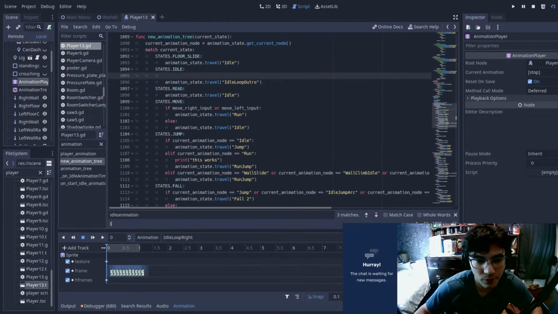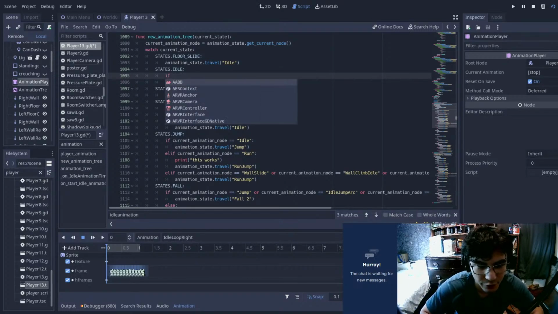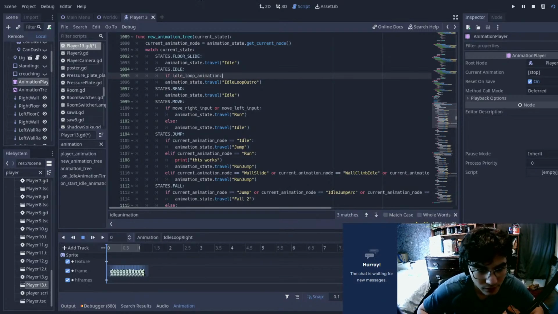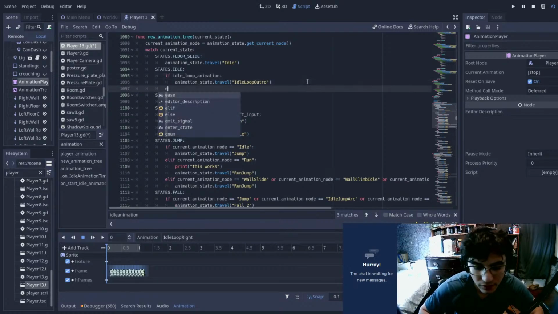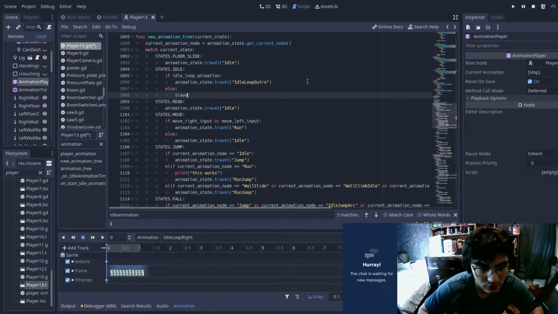Okay, so what I think we could do here is just say we actually never use that variable. So if idle animation, idle loop animation, we'll do that. Else travel to